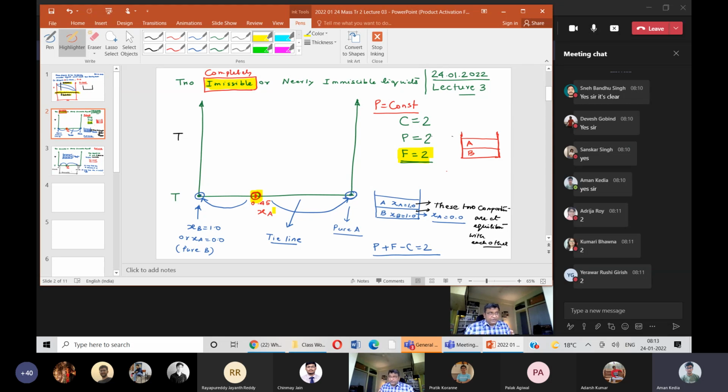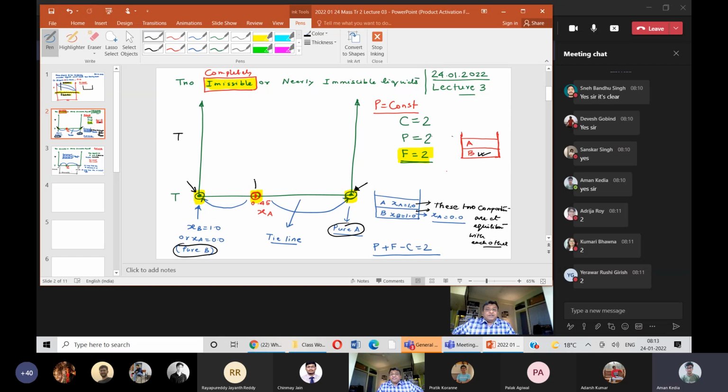It is going to phase separate because the two liquids are completely immiscible. It's going to phase separate into the two pure components. So one of the phases will have the composition given here. The other phase will have the composition given here. Is this clear to all? So here are the 2 points which are physically realized. This one represents pure A, which we talked about in the previous class, and this represents pure B.